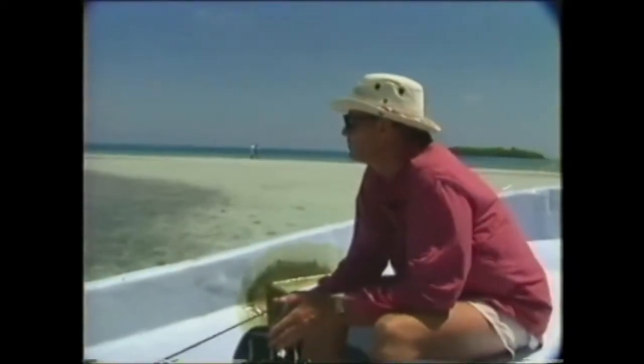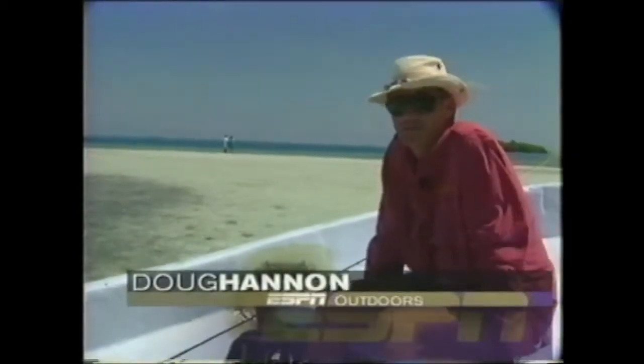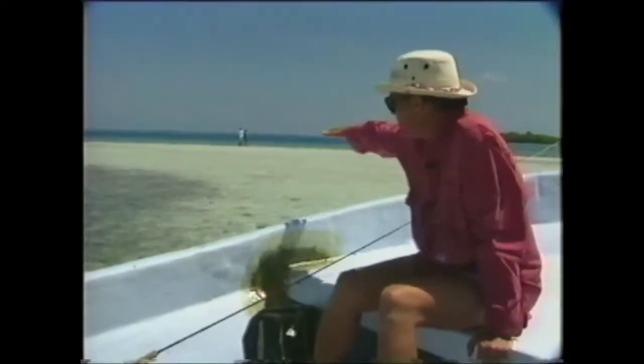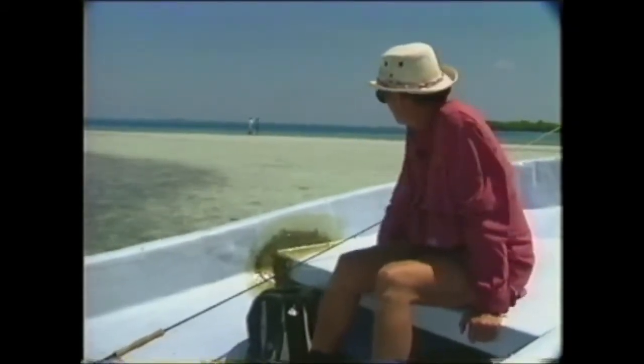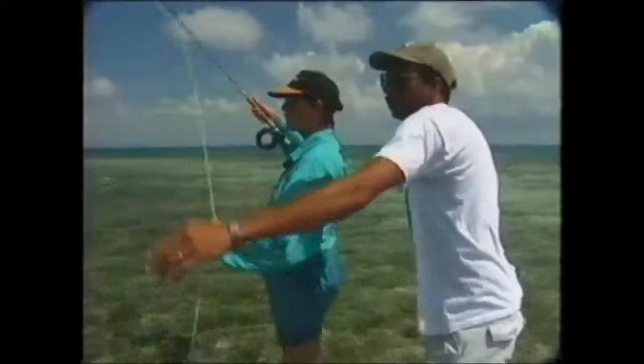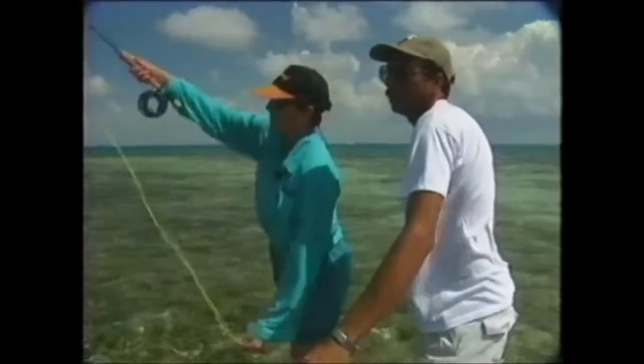Doug Hannon is not content to rest on his accomplishments in bass fishing. What we're doing here is bone fishing, and all you have to do is look around to see this is a virtual aquatic paradise. The water is so shallow, when these fish come up on these sandy and grassy flats, you literally have to get out of the boat and go with your guide and stalk them as Torill is doing. And then you've got a spotter and someone to handle your line, and someone with some experience,